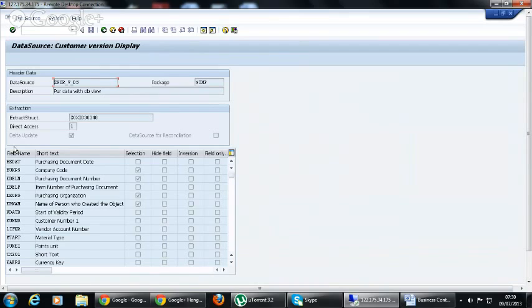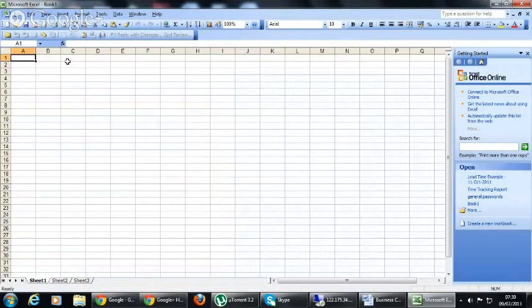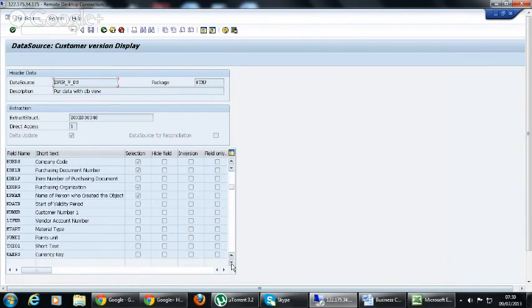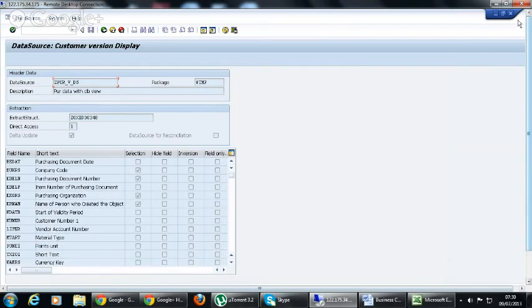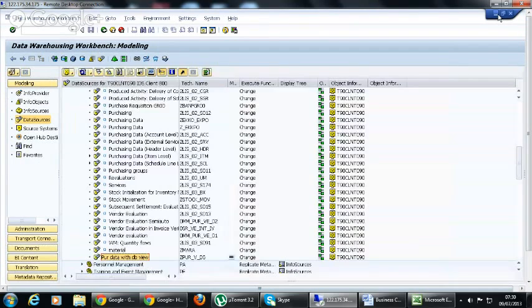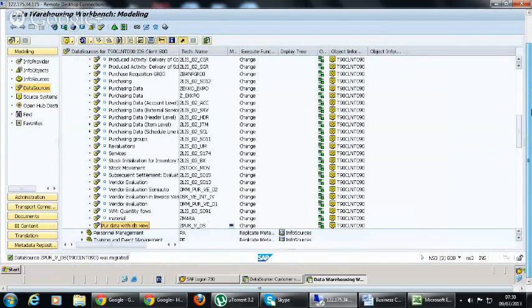For that purpose, you have to press Control Y and then select, Control C. Here, let's keep it in an Excel sheet. Control V. So those are the fields we have here in the DL system.